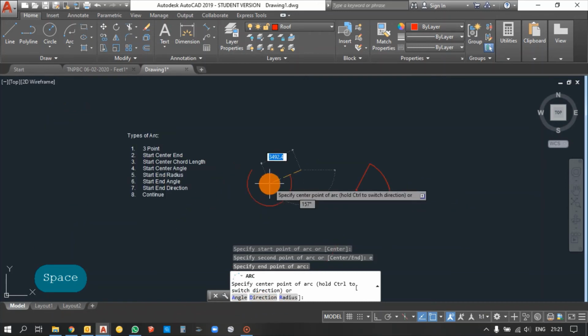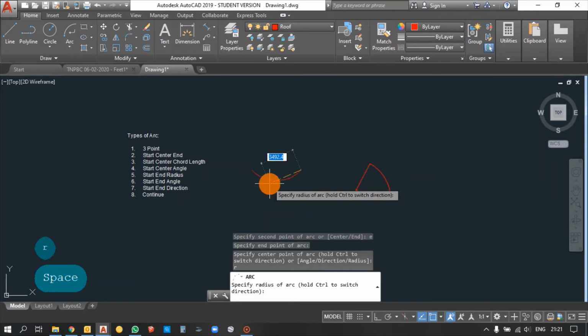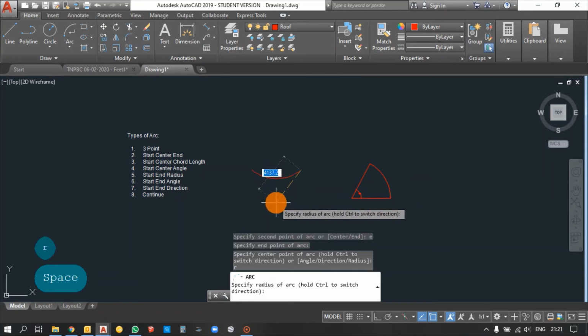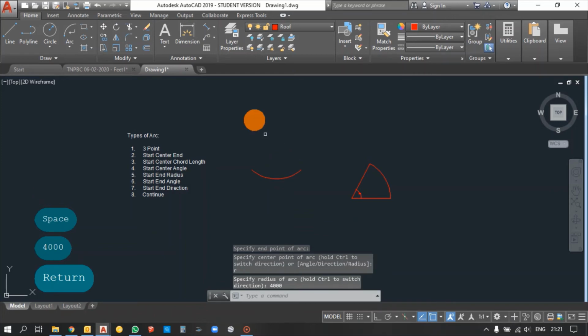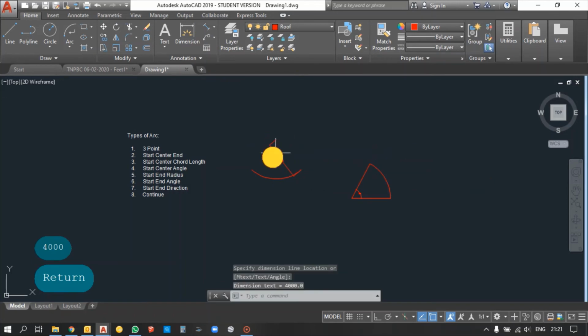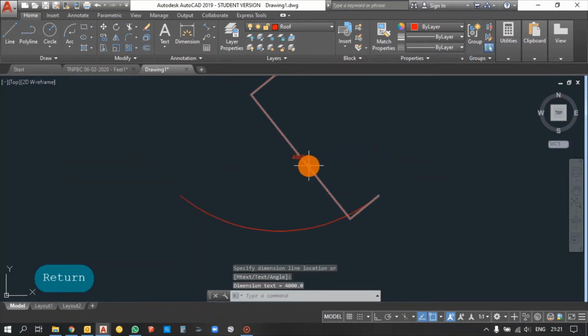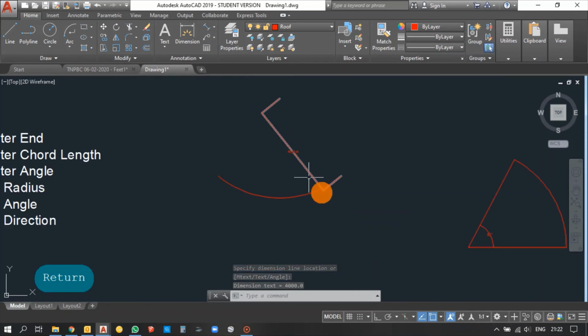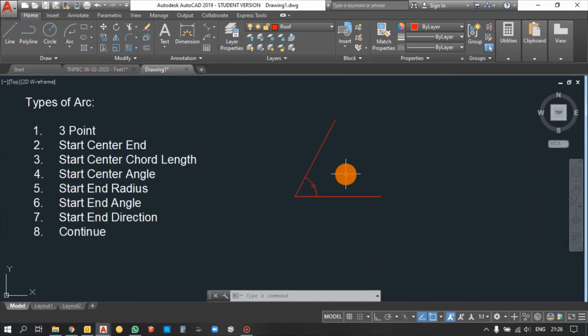For radius give R, enter, and type the radius of the arc you need. I need 4000 mm, so I'm giving 4000. Just enter. To measure the radius you can use angular measurement. You can see the arc with a radius of 4000 mm has been made.